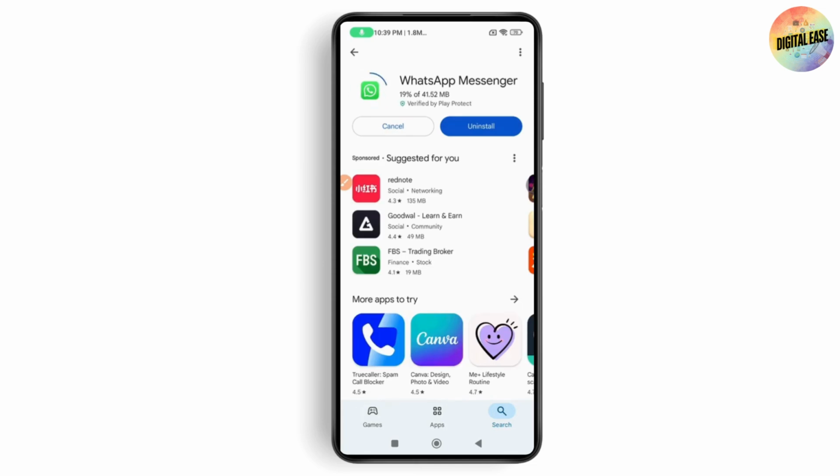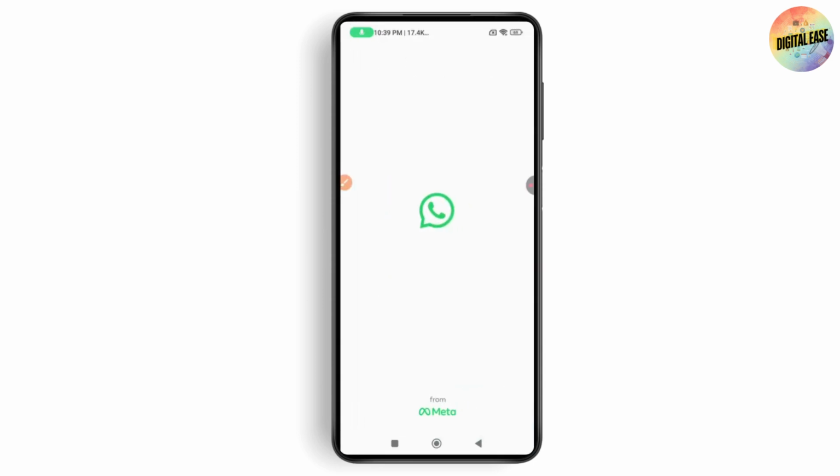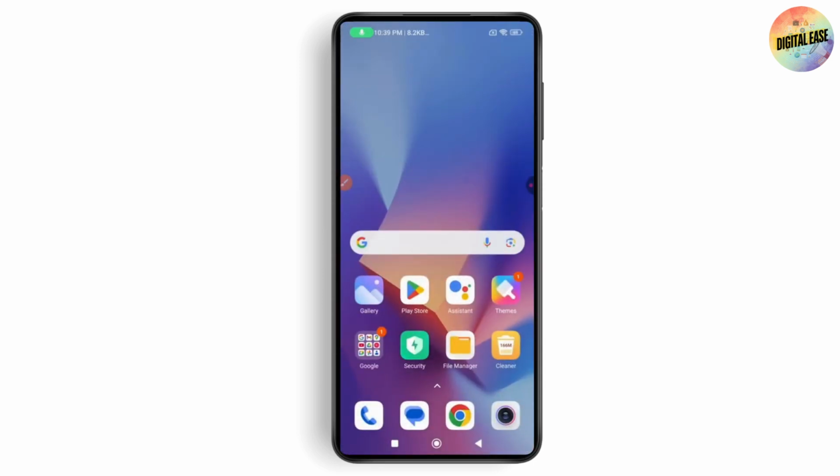After that, you can just simply tap on open. You will have an open option on the right side. So now as you can see that I have the open option, tap on open and you'll be able to create your account or log into your account and use your